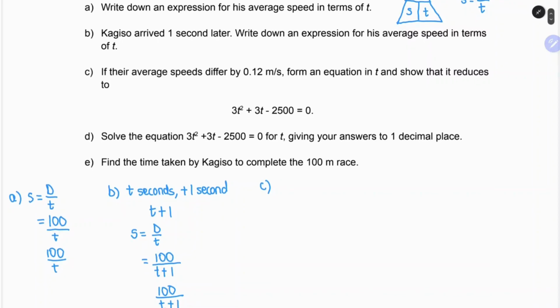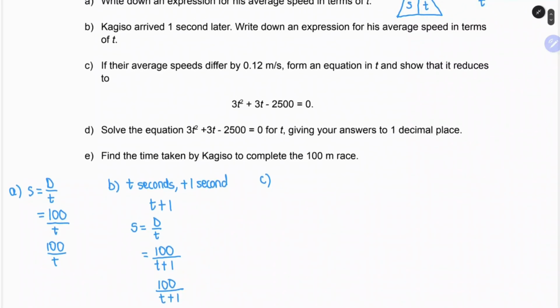So you might be asking, why is this relevant? This is where it says if the average speed differs by 0.12 meters per second. So let us write down and see. What I just said is that Unopa had a higher speed, so I would write Unopa's speed here first: 100 over t